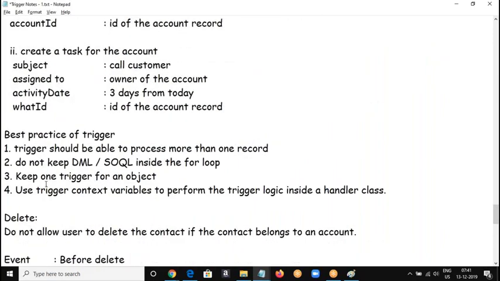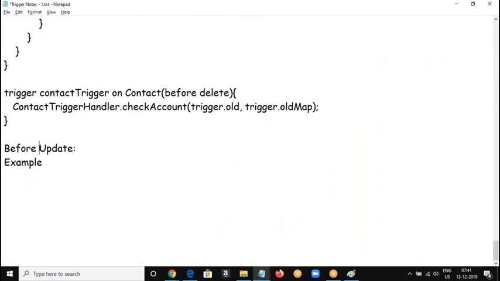Okay, we'll take a quick scenario for an update. Okay, for update scenario. The scenario here is